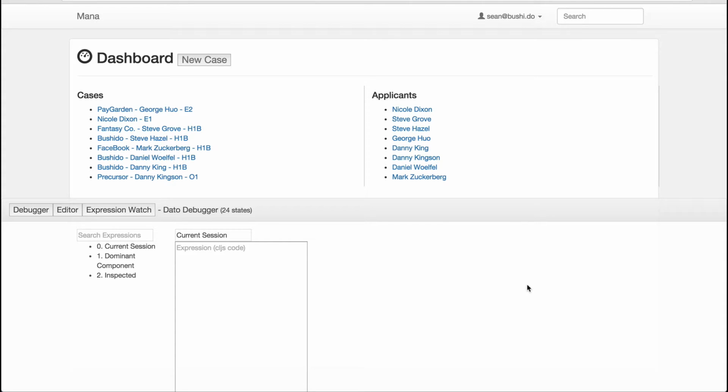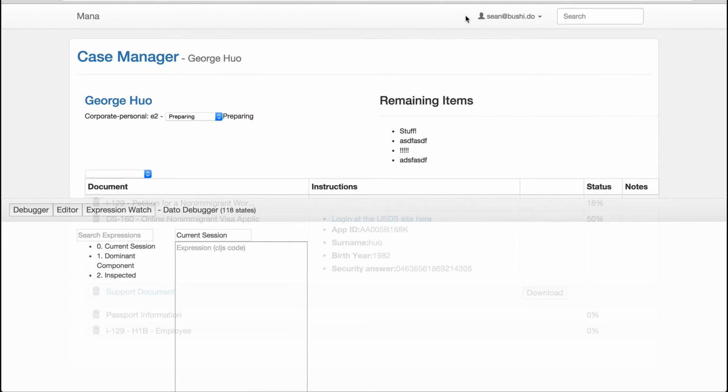So I thought I would do a quick live coding demo of the expression watcher. I've introduced routes into my application using biddy and pushy, and that's kind of broken a few things from how I had it before. So I'm going to try to figure out why that is. You can see as I navigate, the URL is changing,